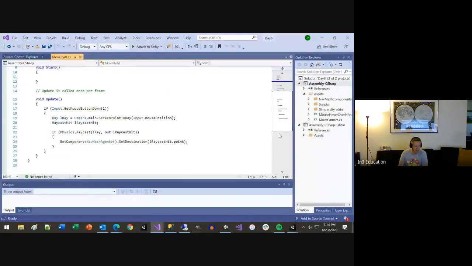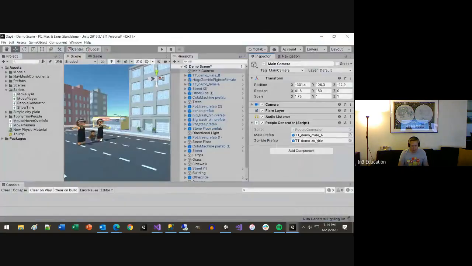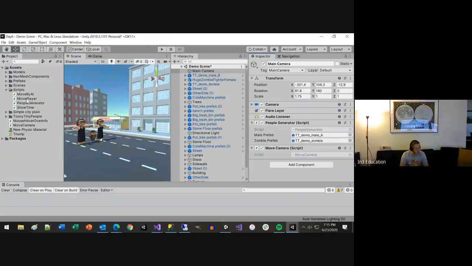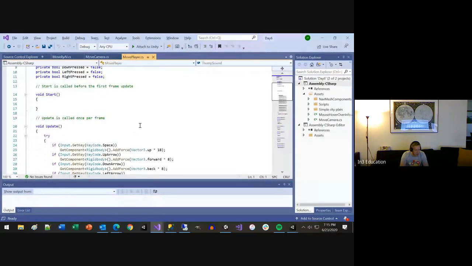And then just in update, manipulate the transform's position using probably Vector3.forward is the best, because then you know that you're moving forward, as opposed to if you try and do it any other way, then the rotation could mess it up. I think if you wanted to cheat, there's already some base code for this in the move player